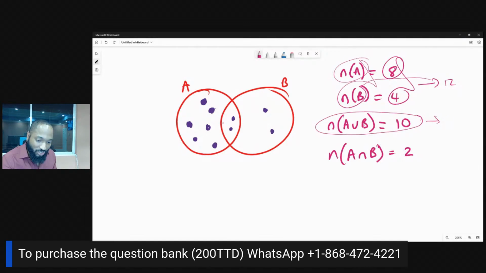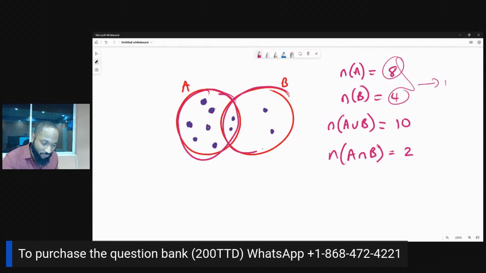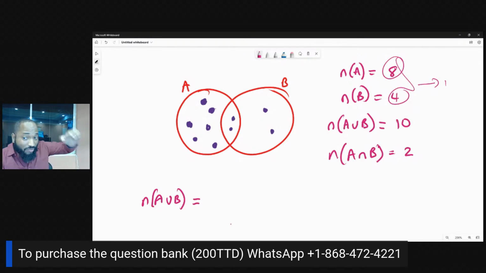It's happening because if I try to add A and B, watch this. I will add the 8 here, then I'll add the 4 here. I'll end up adding this one twice. So in other words, your pause is supposed to be raising now because this is the sweetest sauce that you're getting right now in terms of sets. I counted twice. So the number of elements in A or B is actually equal to the number of elements in A